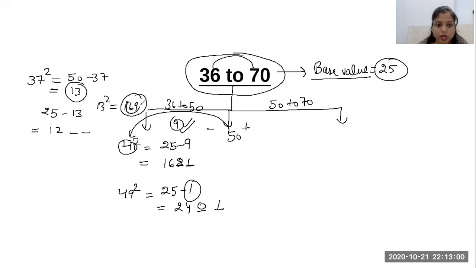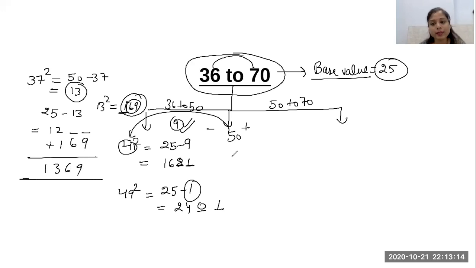Then what do we do? Put the last two digits, and after that, where is the one? The one is added to the previous number at the back. Then what we get is 1369. It's absolutely simple, guys. Okay, clear? If anyone has a doubt, then raise your hand. We will try our best to clear your query.